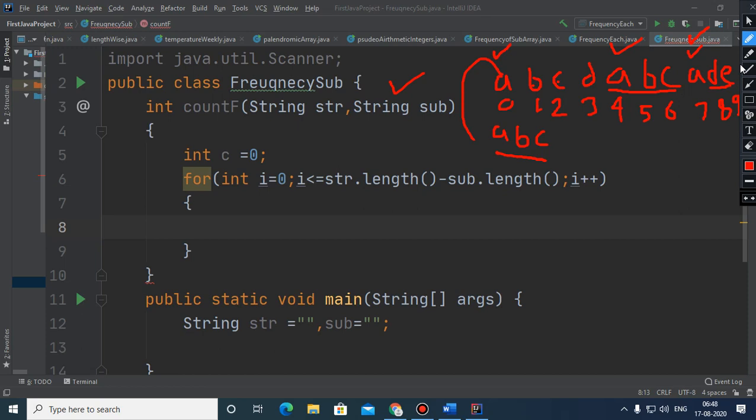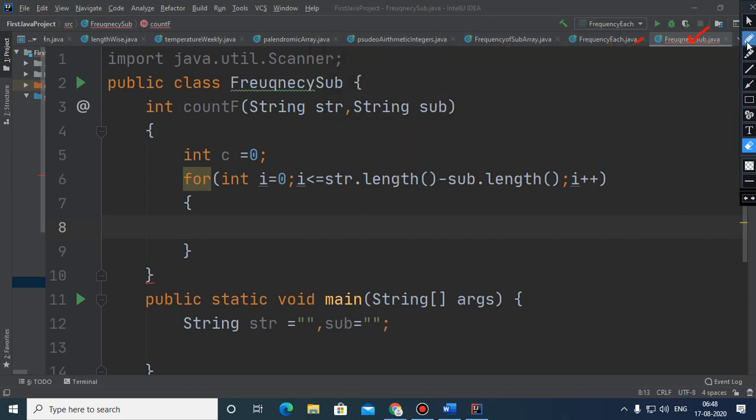Suppose we have one additional A here. I'm just giving you one more small example. Suppose here the main string is ABCAD and here only ABC. Here the length is 5, here the length is 3.